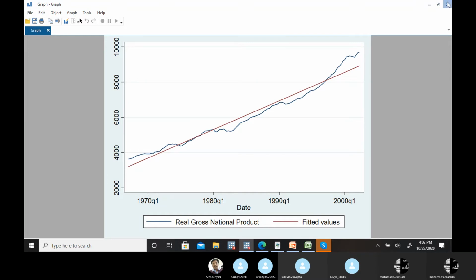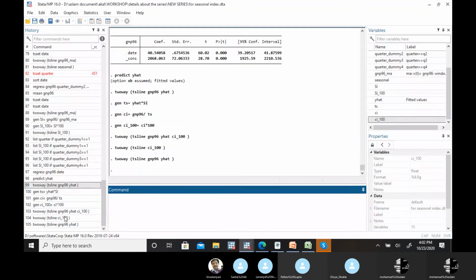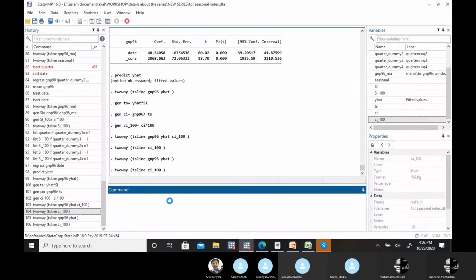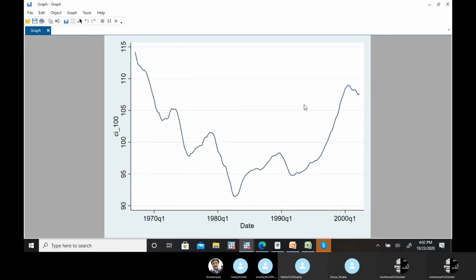So if you go by this cyclical component, this is the cycle here we have, this particular down, increase, and again down, then increase, but this is not the only GDP. This is one component of all these components: seasonal, trend, and cyclical irregular. So this is the cyclical.